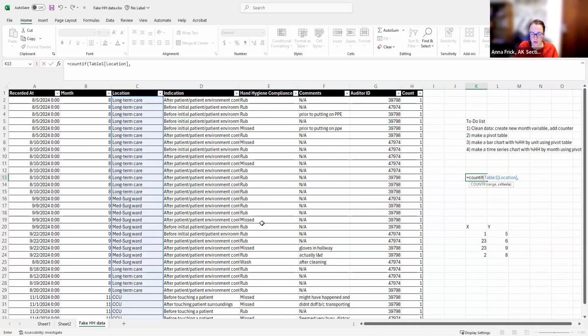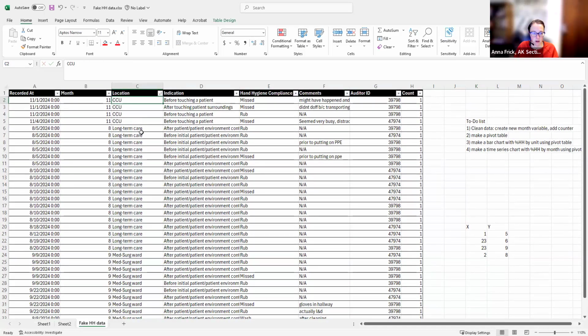The easiest way for me to answer that is just to sort this, and then say, oh, look, here are all the ones that are long-term care. If I highlight them like this, Excel will show me at the bottom that there are 18 of them. I could also say, okay, that's these rows, and my count variable will also show me that there are 18 of them. So that's probably the quickest way to do that.